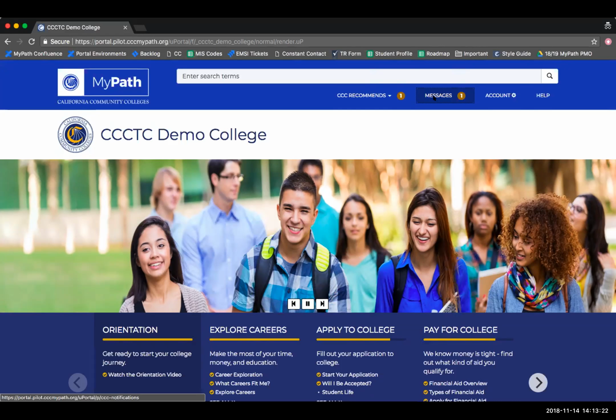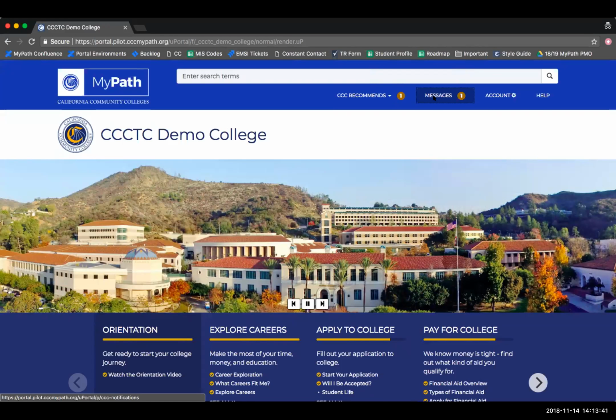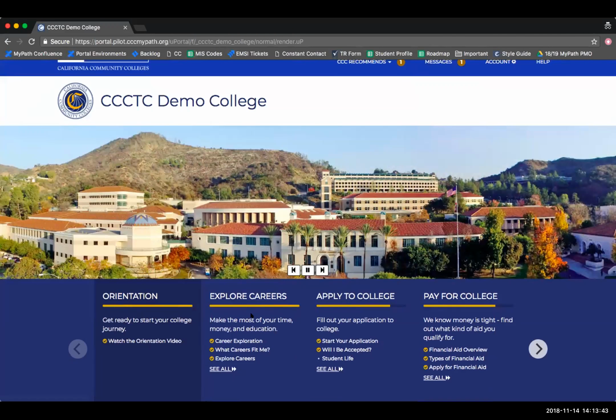Also, it's very easy to enable reminder messages to go out to students as well. We talked about how students may disappear off and go do other things right after they submit the application. You can actually check boxes in MyPath that will cause MyPath to send out 1 day, 2 day, 5 day, 7 day reminders to the student that are tailored to whatever the next onboarding step is that they